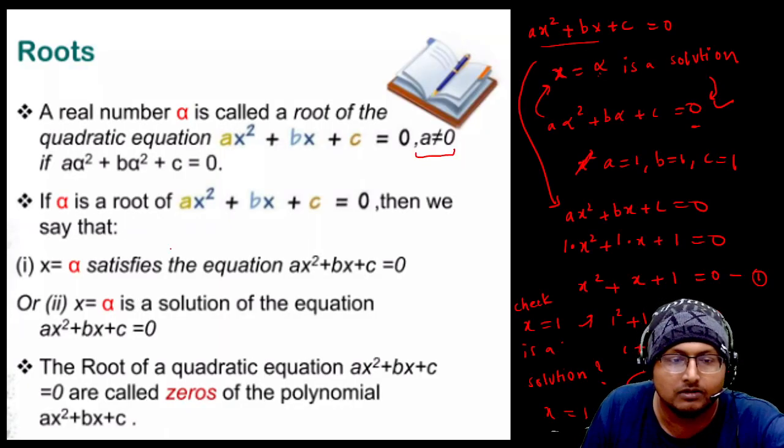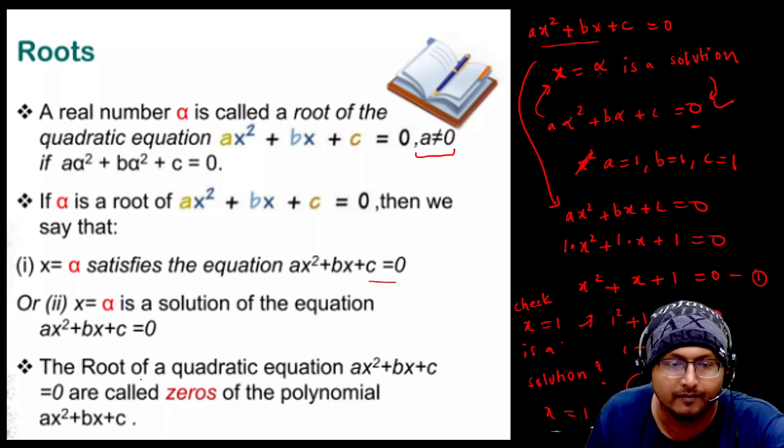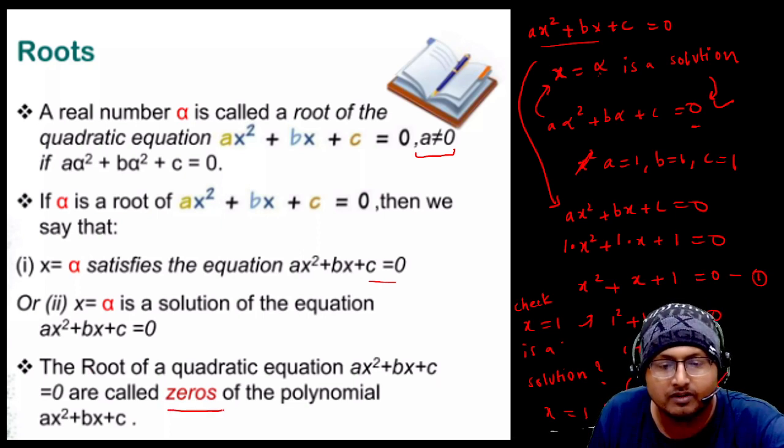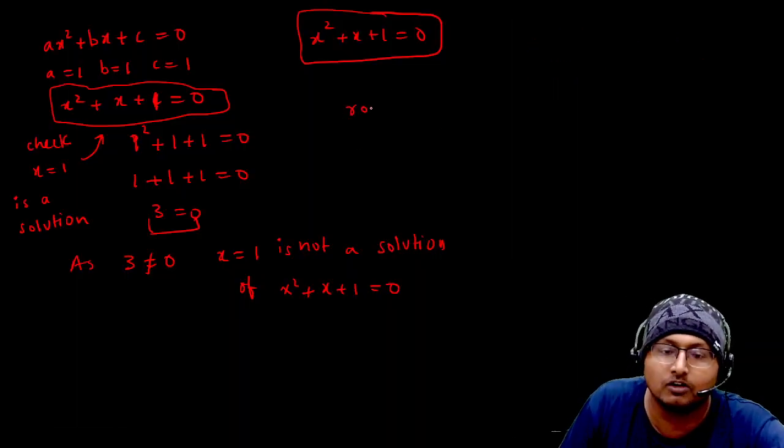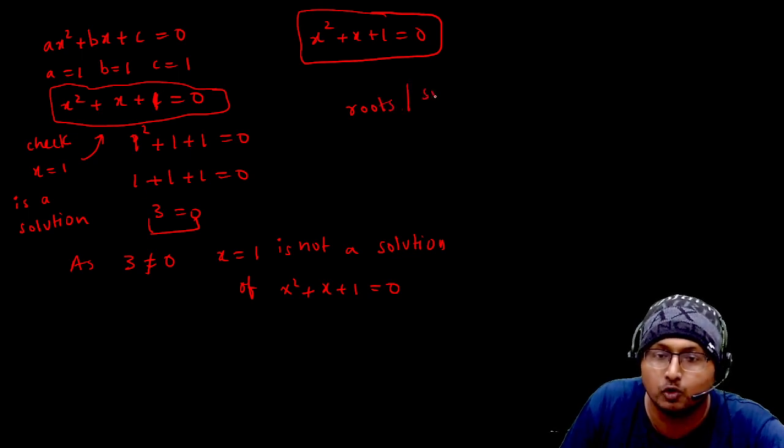See, if alpha is a root of ax square plus bx plus c equal to 0, then we say that x equal to alpha satisfies the equation ax square plus bx plus c. If x equal to alpha is a solution of the equation, the roots of the quadratic equation ax square plus bx plus c equal to 0 are called zeros of the polynomial ax square plus bx plus c. So this is important. We can call them roots or solutions